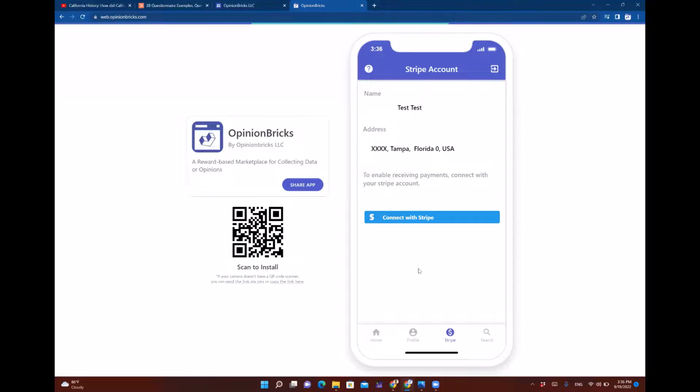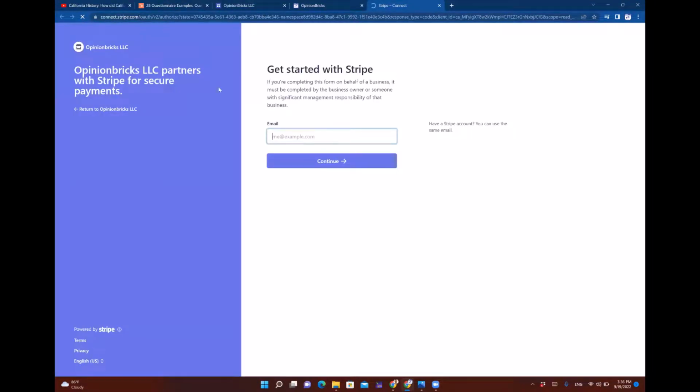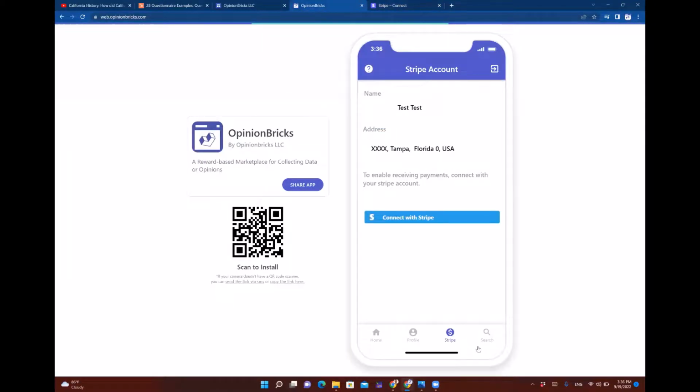In order to connect to your Stripe account, all you need to do is click on this button, and then you will go to this page, which is the Stripe page. Then you can enroll to create a Stripe account. I have already provided some information about how to create a Stripe account,